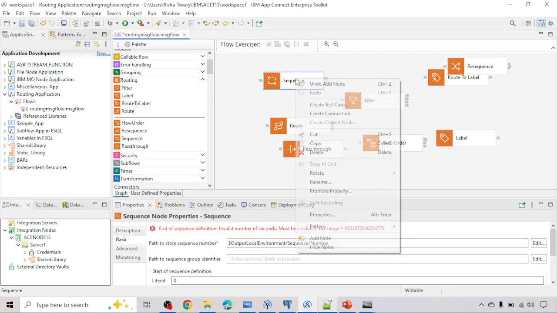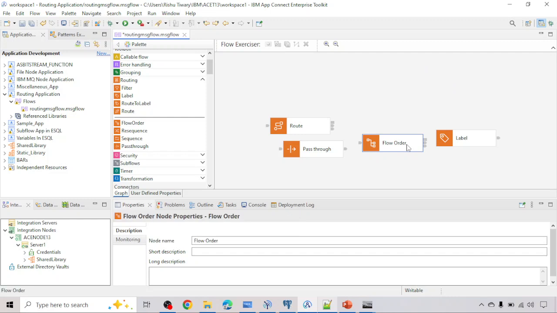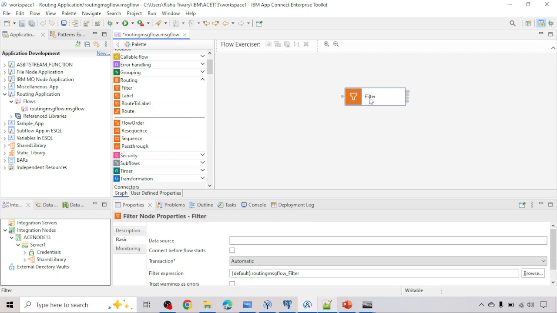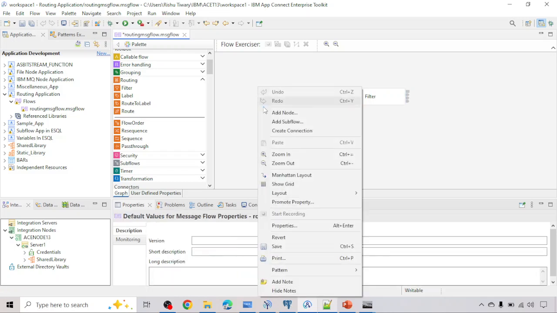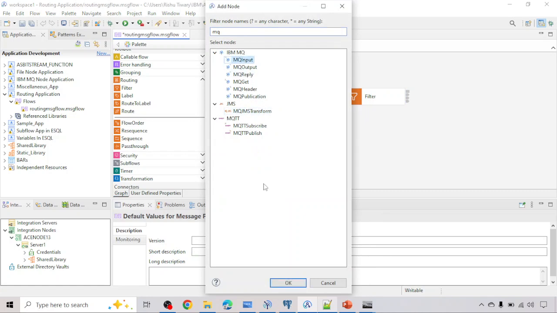Now let's start with the filter node. Let me first delete all these. When talking about the filter, I already told you it is used to filter a message according to the logic we have written here. Let me use the MQ input